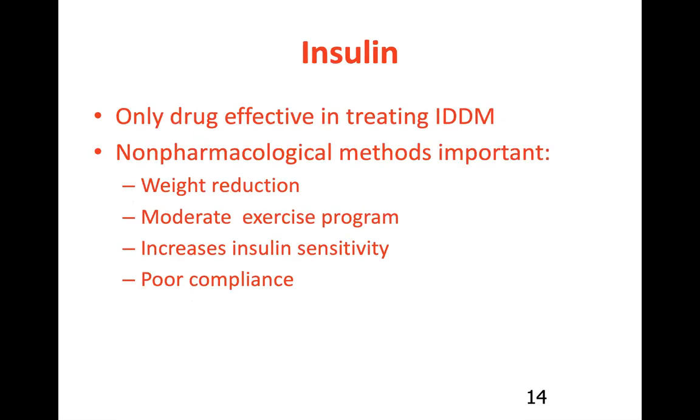So let's take a look at insulin. There is a lot of different preparations of insulin out there. This is truly the only drug effective in treating insulin-dependent diabetics. They're not making it. They need it, okay? Now, it's important that with these individuals we have better control. I've told you this before. We talked about pathophysiology,